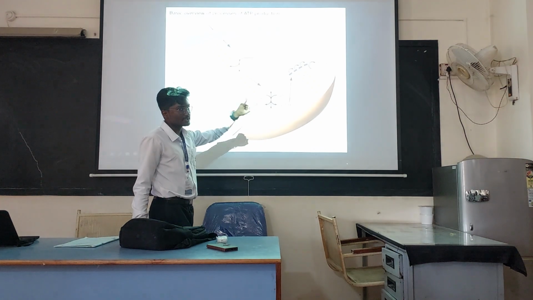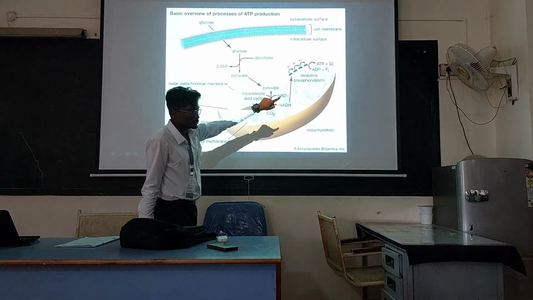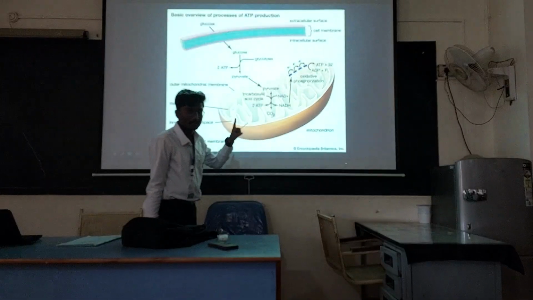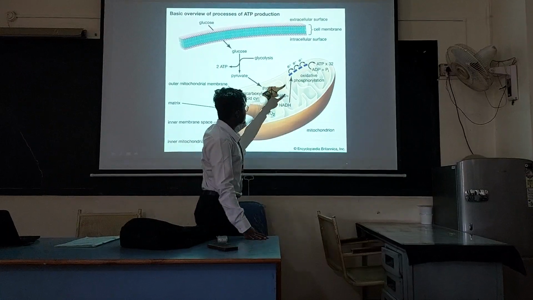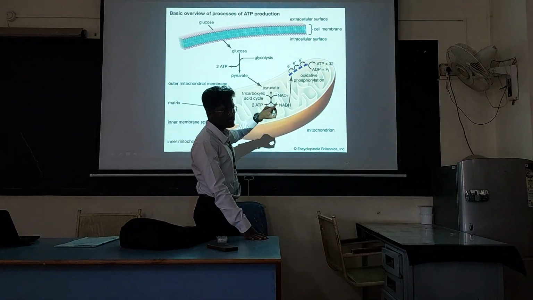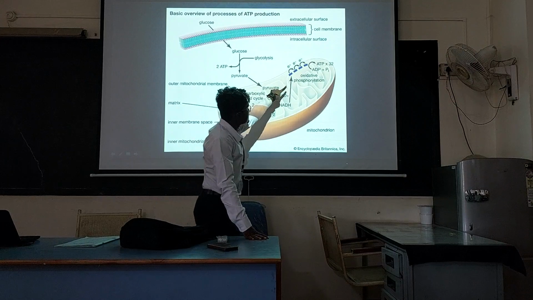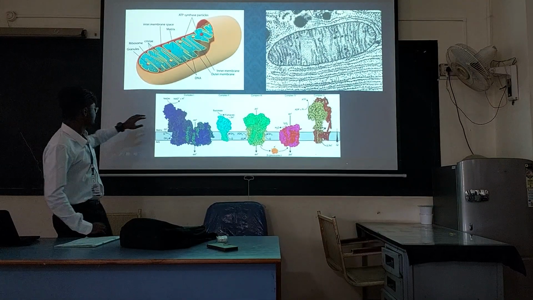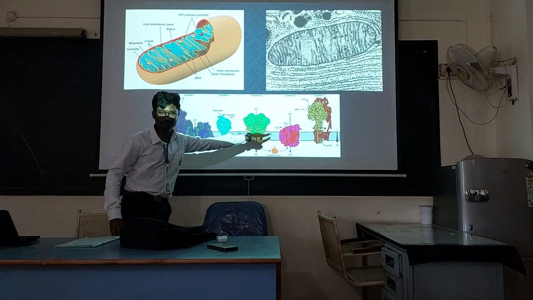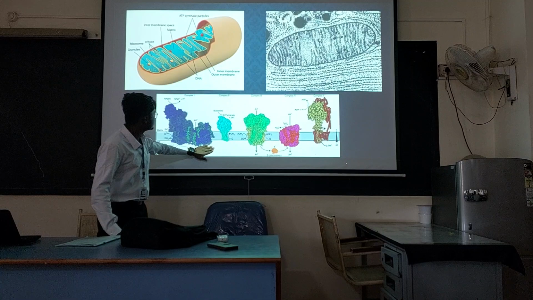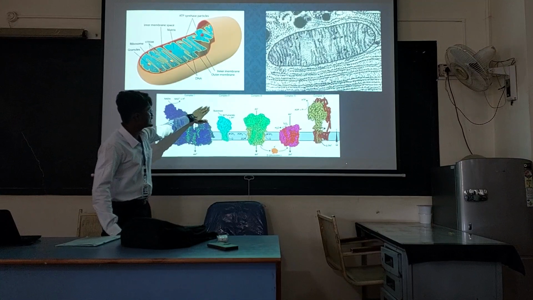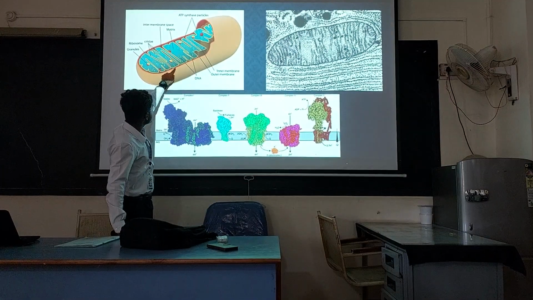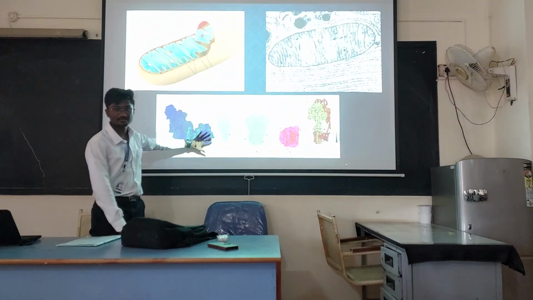Using this NADH plus and FADH2, there is another process called oxidative phosphorylation taking place in the mitochondria. Inside the matrix, the NADH plus and FADH2 are going into the inner membrane. Okay, this part is the matrix. This is the intermembrane space. Now I have taken only this small part in this image. You can understand, I guess.